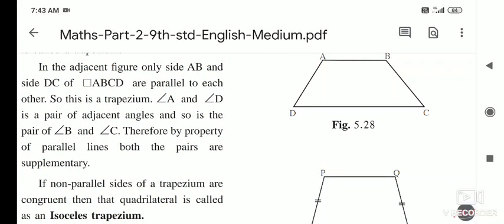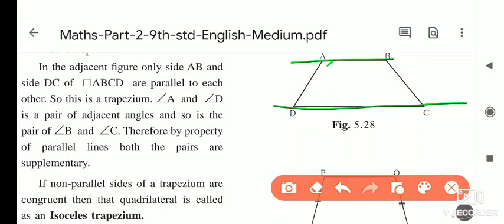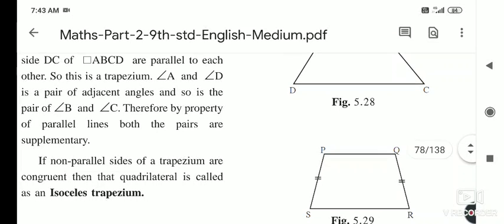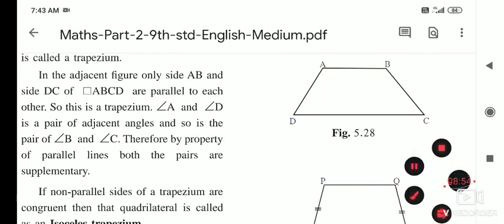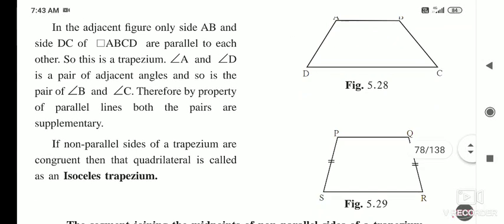And as we know, the sum of interior angles between parallel lines is equal to how much? It is 180 degrees. So angle A plus angle D is equal to 180 degrees. And in the same way, angle B plus angle C is equal to 180. This is the property of